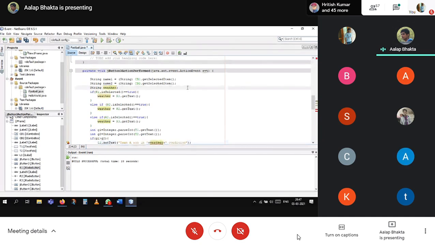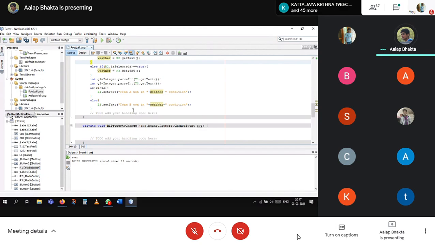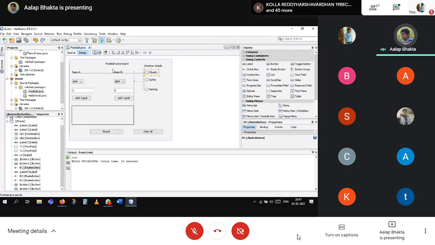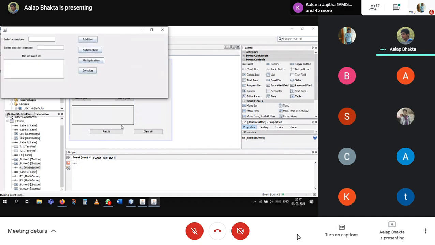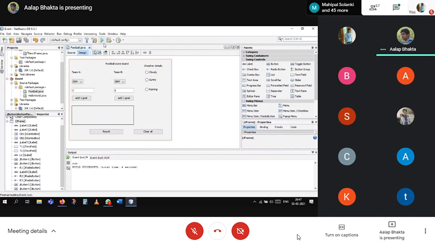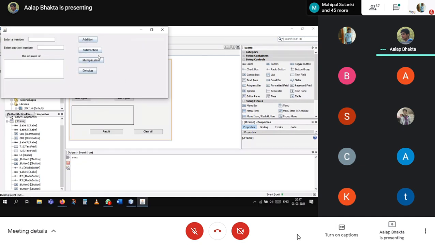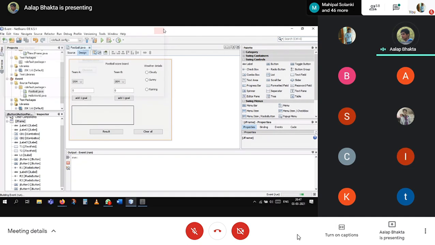Initialized. Okay, so the initialization is not right now. So this is the code, like we have done this. Let's see. Why is this again happening?